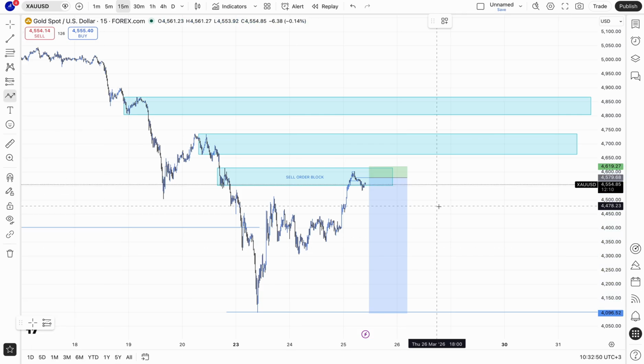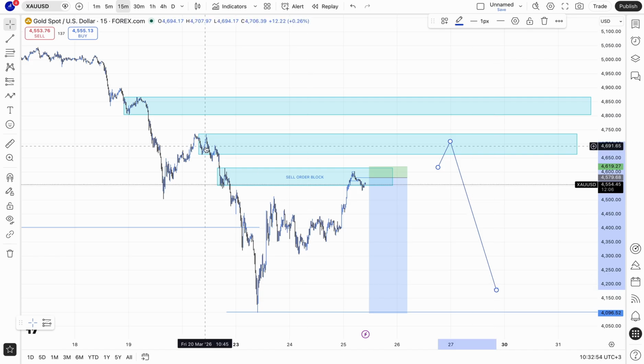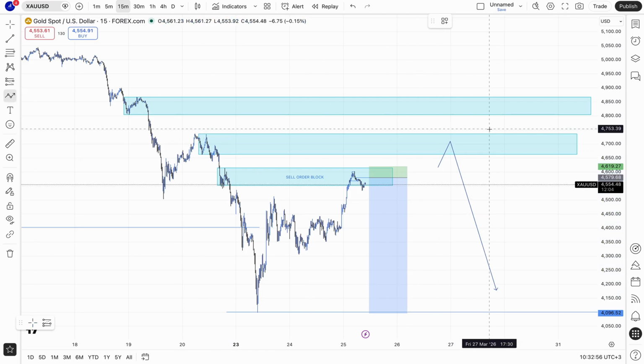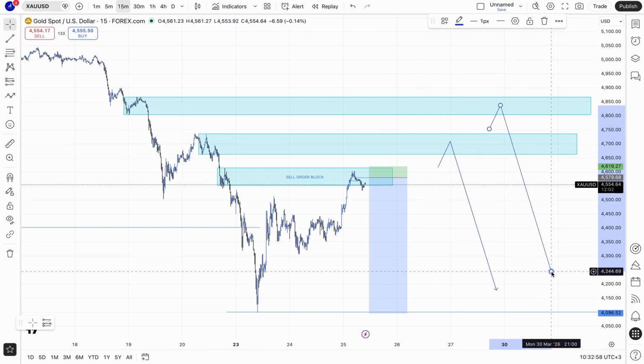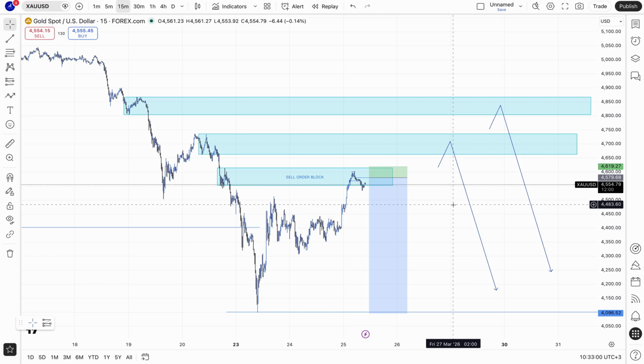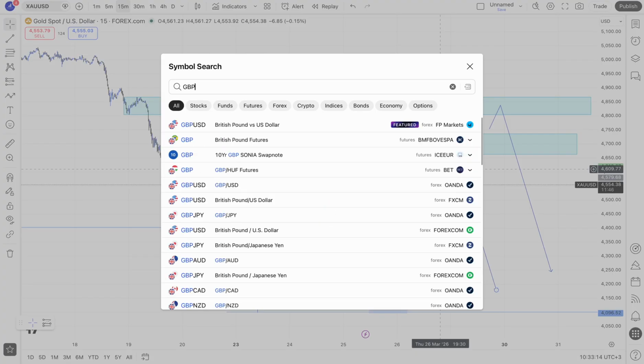Then scenario number 2, if the price disrespects this order block, then you're going to be targeting using this order block. So the most important thing is what? Is to be patient and understand the market direction, risk management plan, and to be patient enough to wait for those A+ setups and that entry and that confirmation, right? Then if you go to GU,